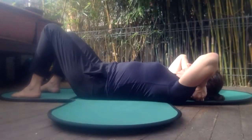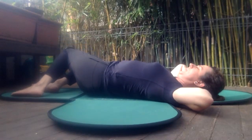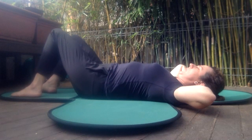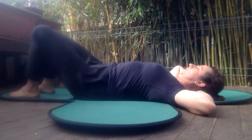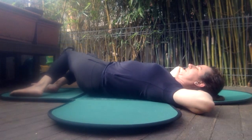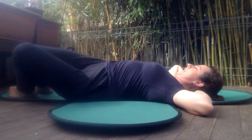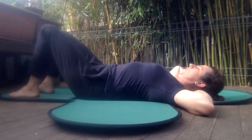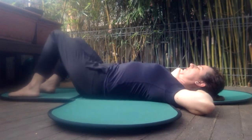Because what we're going to do, once you're in that groove where the base of the skull and the spine meet, then you're going to take your legs to one side and then to the other. And then you can really feel how the fascial system is connected all the way from the legs to the neck. So this is just quite a free movement, okay? I'm not really trying to control it too much. It's just more about flossing the connective tissue of the body,